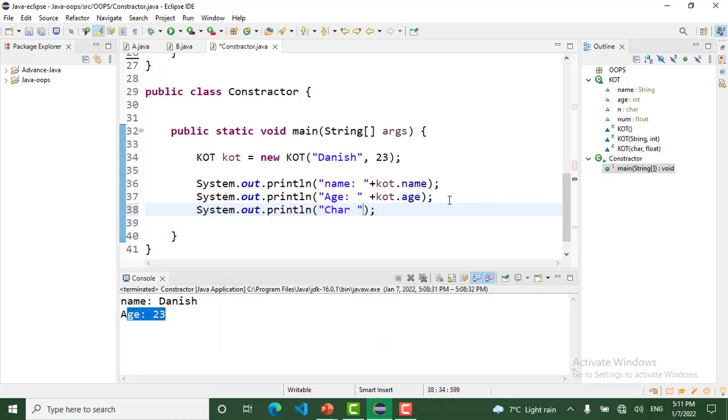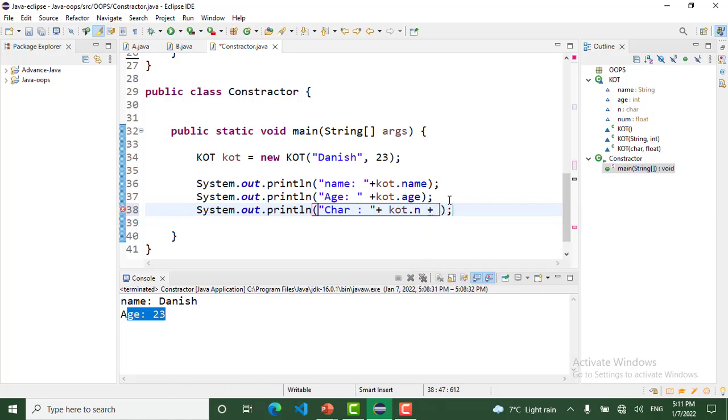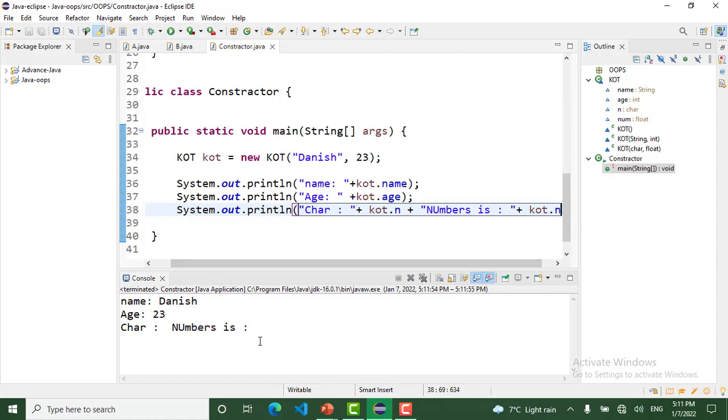Character plus, qt dot in, plus number is. We saw that, but we don't pass to the constructor. Character, number.